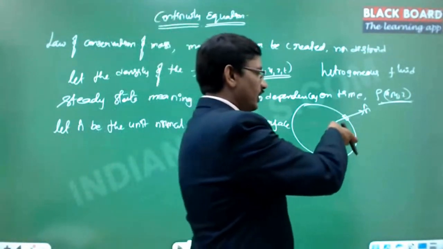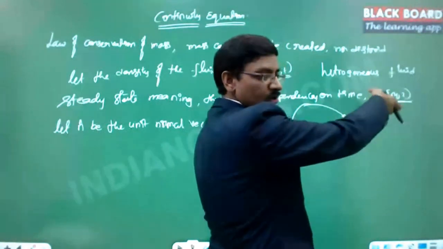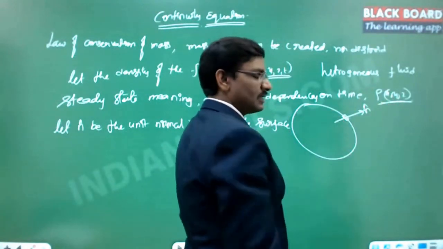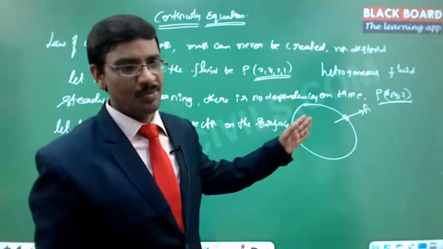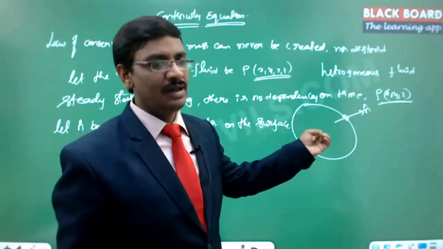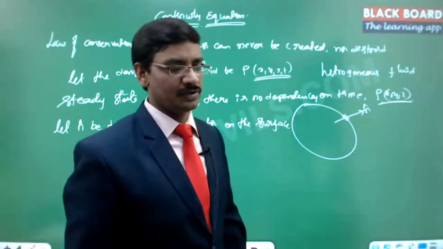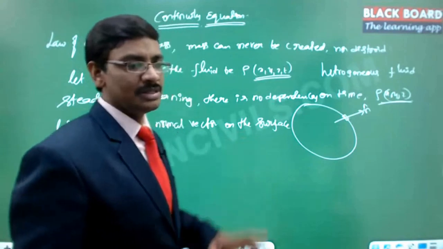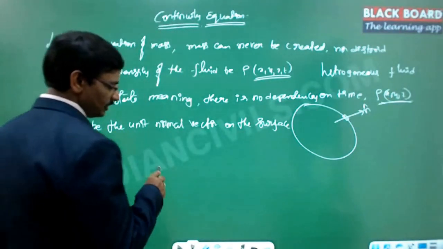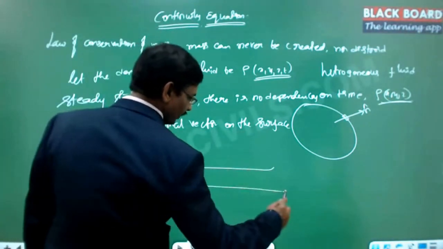So the amount of the fluid may not come exactly perpendicular to this surface, or it may even go in a slanted direction also. That means it's not sure that the fluid coming out will be exactly perpendicular to this particular surface. But even then, I will give you one example. It will be the same amount of the fluid that will pass through. Suppose there is a pipe like this.